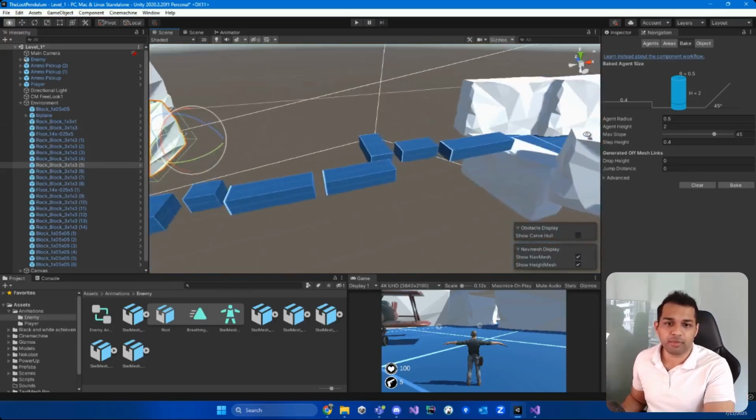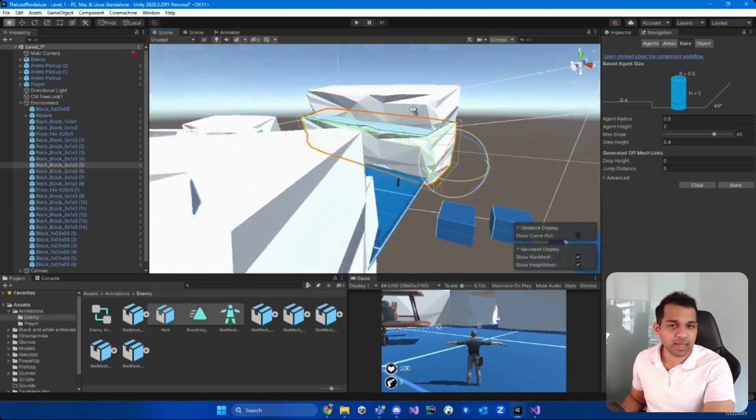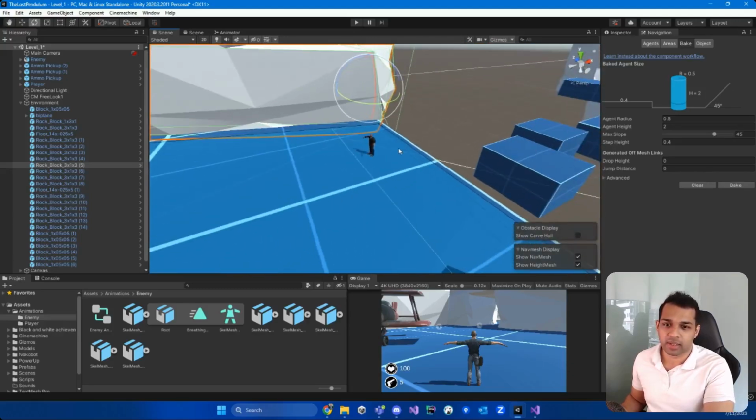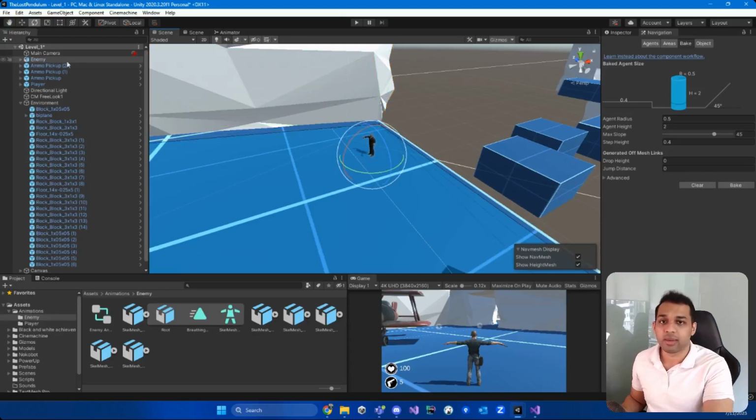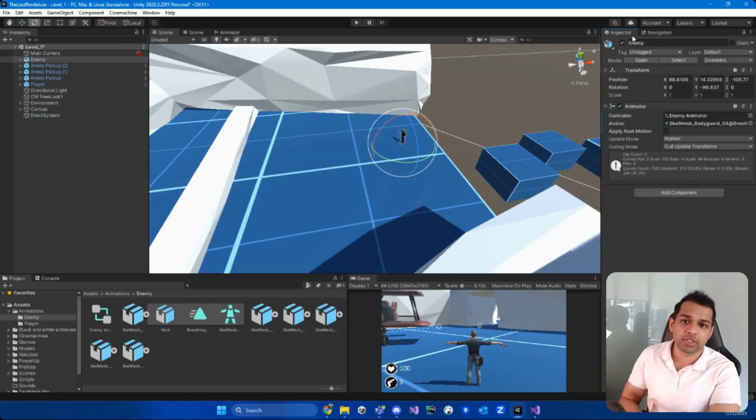So make sure to do that for any other area, such as this one as well. But I'm just going to do it for this area because it's just the enemy chapter. Once you start building the rest of the game, feel free to do the same thing and repeat it. So what we're going to do now is, we've got the environment all set up for navigation, but we haven't